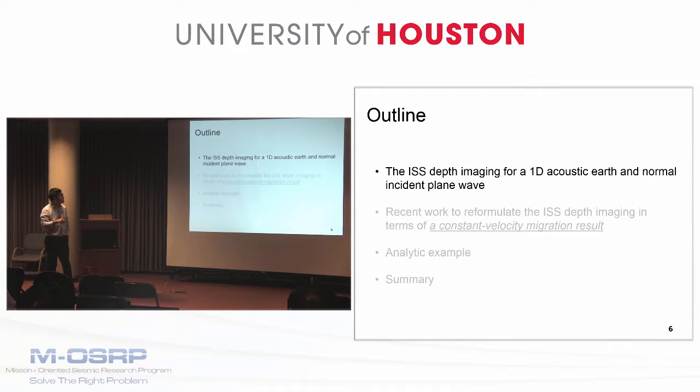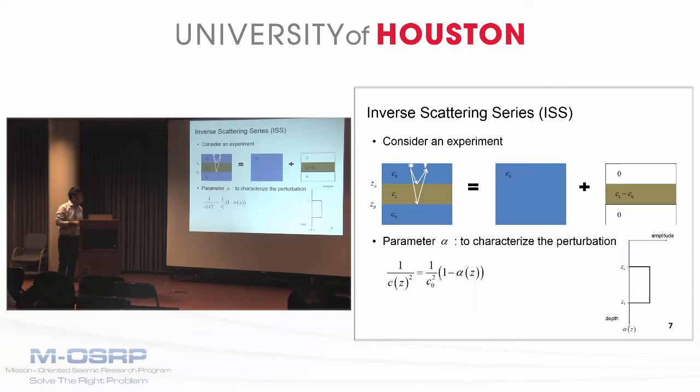So first, let's look at the ISS steps imaging for a 1D acoustic Earth and normal incident plane wave. So consider a layered acoustic medium with velocity profile C0, C1, and C0 with two interfaces at ZA and ZB. This is the actual medium. We can choose a reference medium as a whole space with a reference velocity C0, and this is a perturbation. And then introduce parameter alpha to characterize this perturbation using this equation,